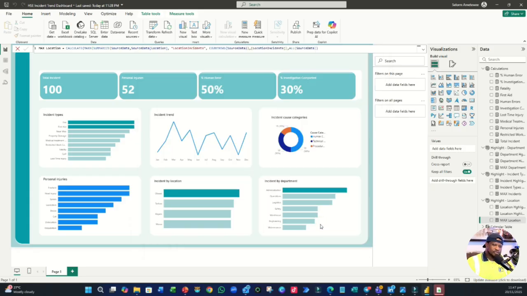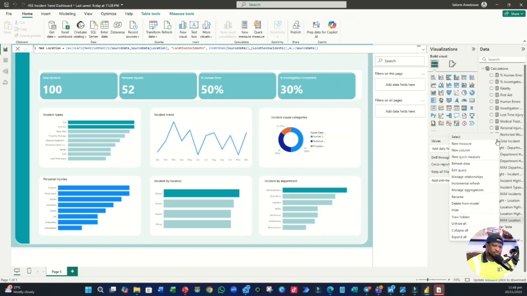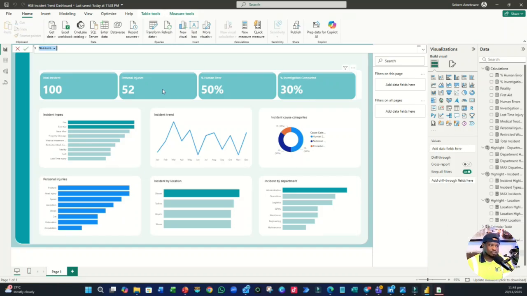We're going to load and create another table for our DAX measure. So where is it? Highlight for personal injury. There we have it. Okay, so we're going to still use the same arguments, but we're going to exclude basically not applicable. So we're going to start off doing our max of personal injury. So max personal injury is equal to,